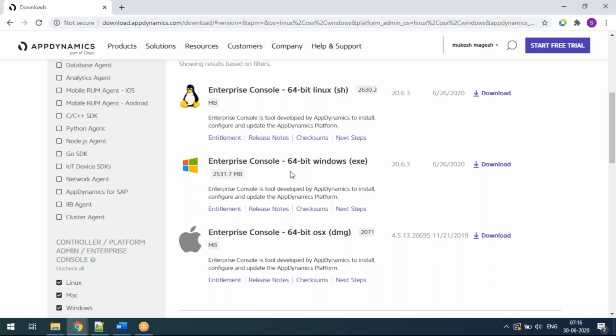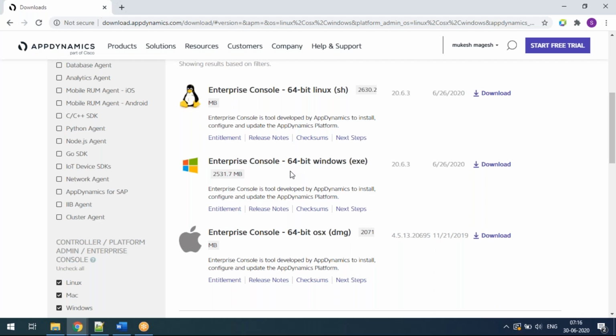That is the difference between the SaaS account and the on-premises, right? In SaaS account, you only have username, password, and the URL. But in on-premises, what is happening? First prerequisite is you install the controller and the event services. Then the URL is generated. In that URL, you use your username and password to log in.